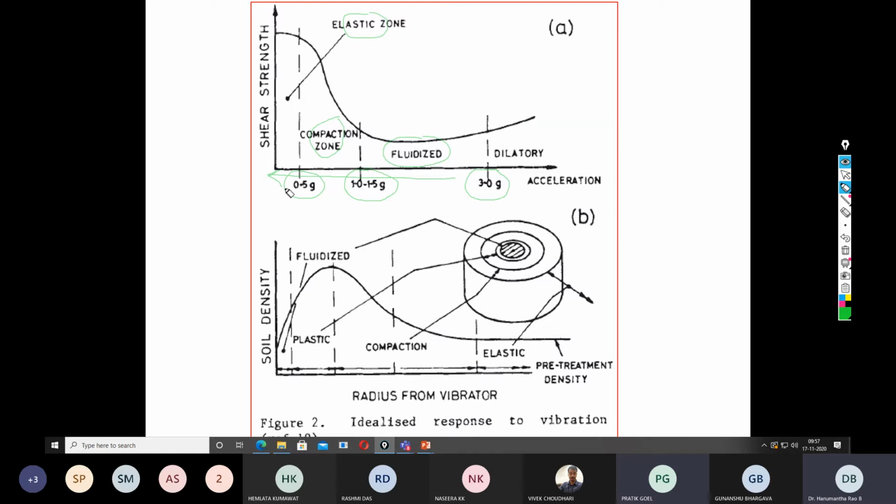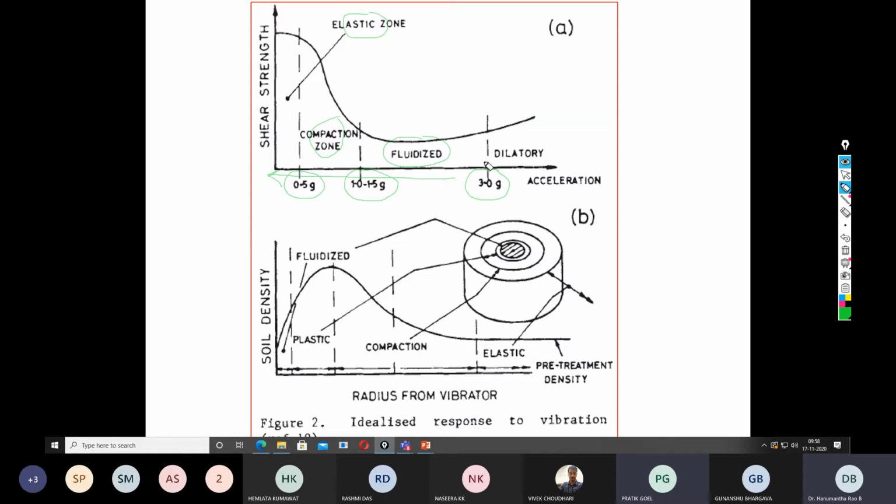Correct. So if the densification is least, how will the shear strength be maximum, sir? Because the soil is not getting affected at all. Okay. You got it? That means the energy is not getting transmitted up to that lateral distance. So, sir, the elastic zone is the least affected zone, so shear strength is maximum in that zone. So how is the improvement done? We are densifying, that's okay, but if the shear strength is not increasing, then what's the use of that? Now there was no use.